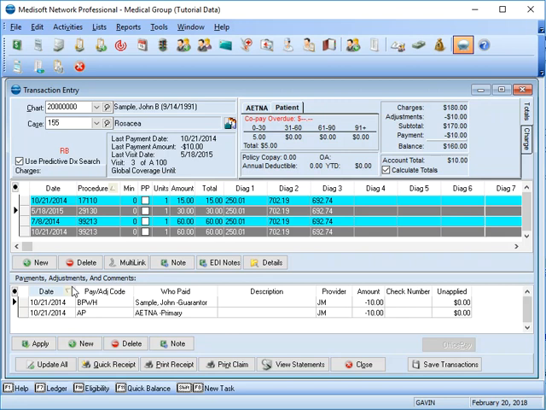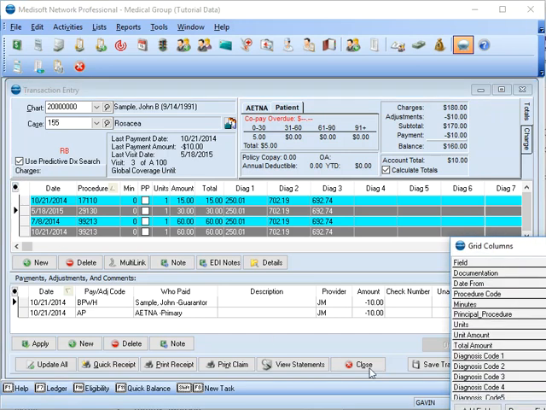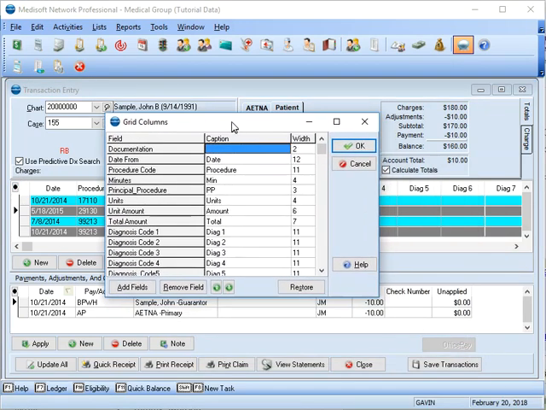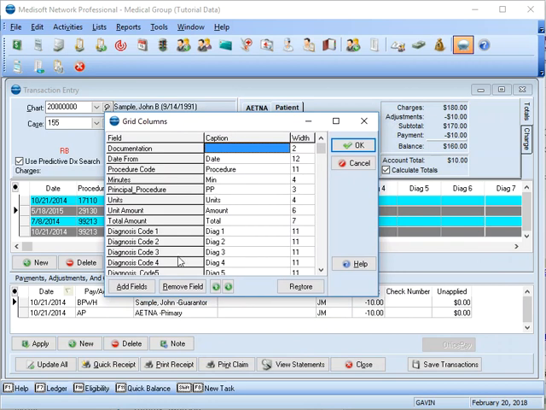If you have Medisoft Basic, you can customize the grid, but then the next time you go into Medisoft, it will reset back to defaults again. To change the grid, you click this button up here in the right-hand corner, and this brings up the grid columns window. To add some fields, you click the Add Fields button,